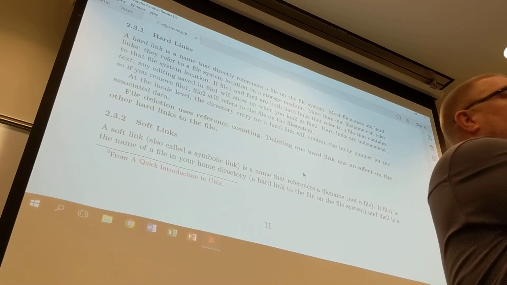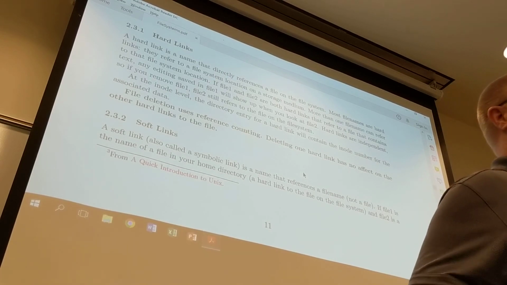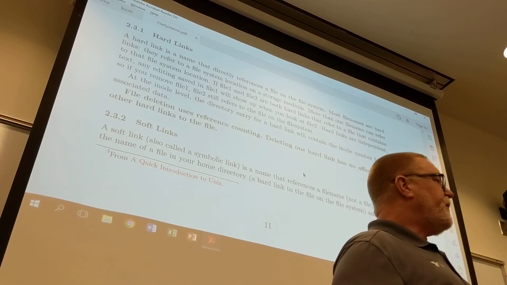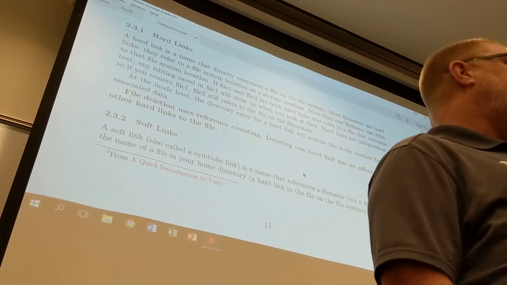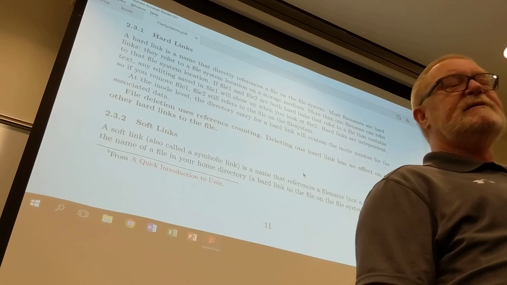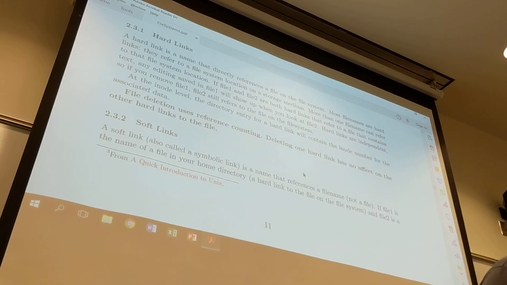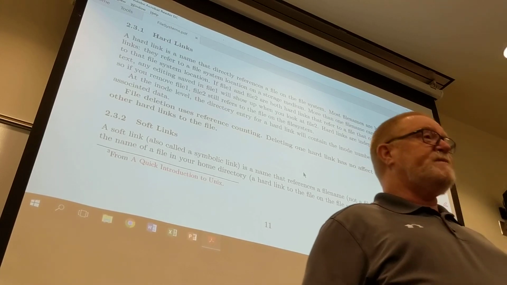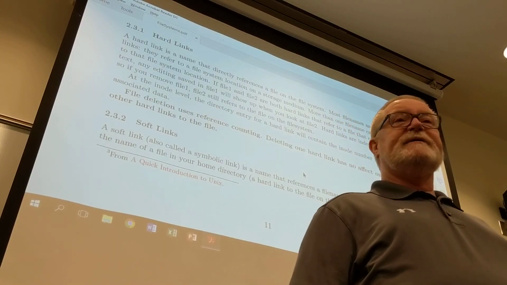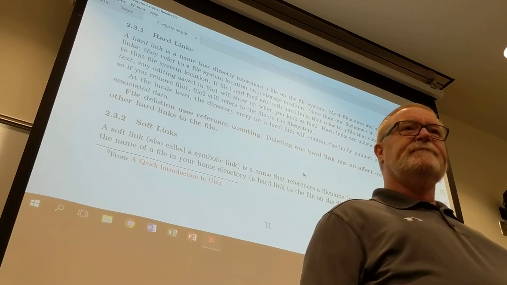Soft links, however, do not reference count. And this is what makes them dangerous. Okay? With a hard link, when you delete a file that has a hard link to data on the disk, we don't delete the actual data. We don't delete the inode and its corresponding data blocks until something very special happens. And that is, every time we do a delete on a hard link,